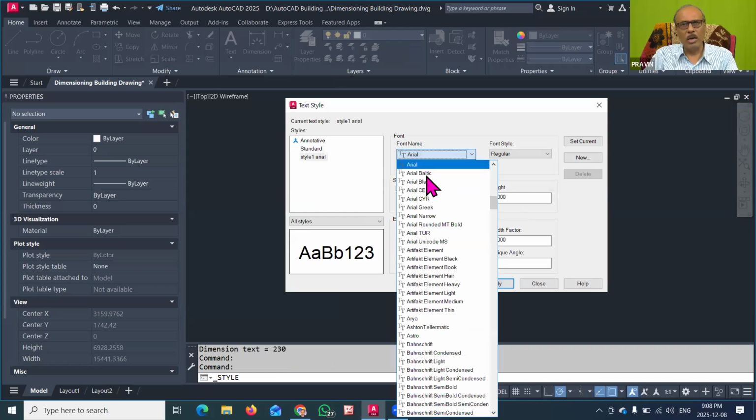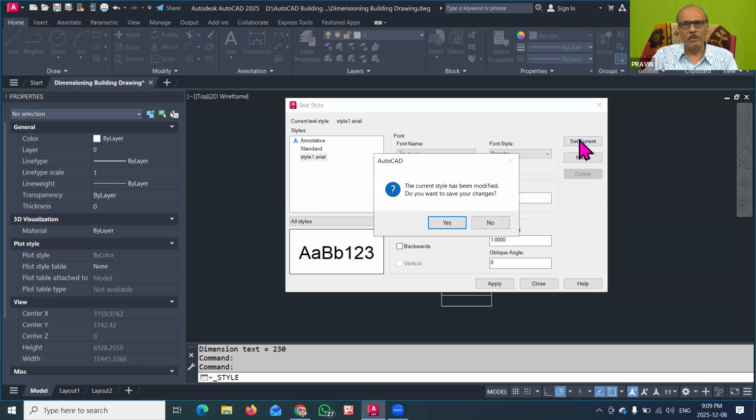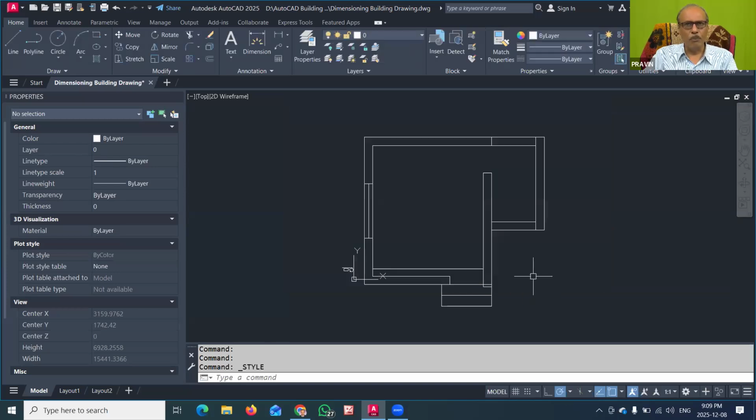Now this style, style 1 Arial, is the text style I have created and have to use for my drawing. So I click set current and then yes. First I apply, then set current, and then close. Now the Arial font is ready to use in my drawing. So step 1 is to create the text style.